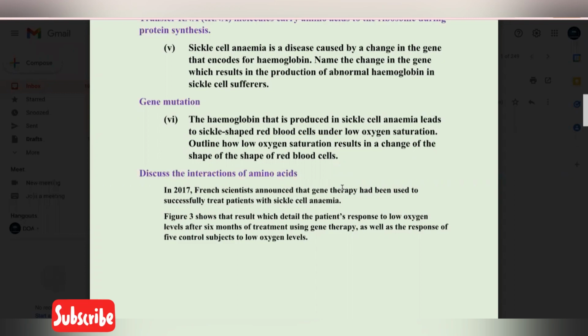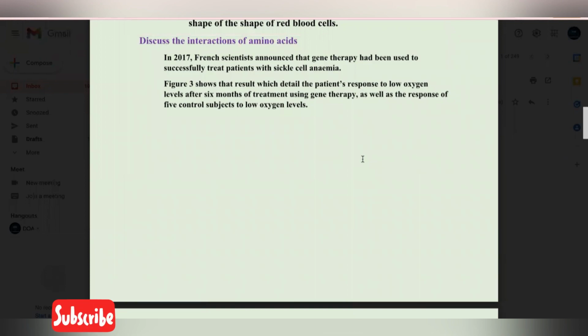So in low oxygen saturation, what will happen is that the hemoglobin chains will form a hydrophobic contact between its amino acid valine on one chain and phenylalanine on the other chain, which will distort the shape of the red blood cell. Moving on, in 2017, French scientists announced that gene therapy had been used to successfully treat patients with